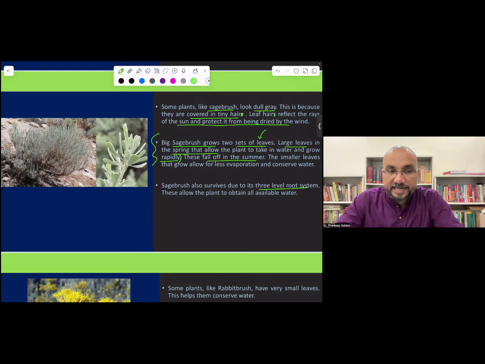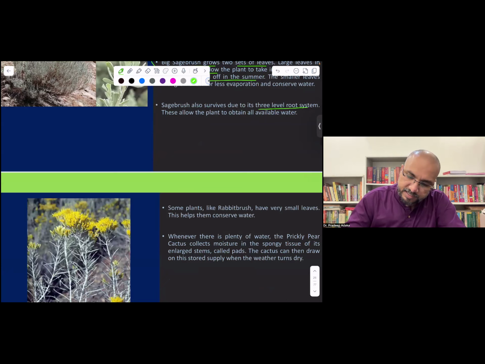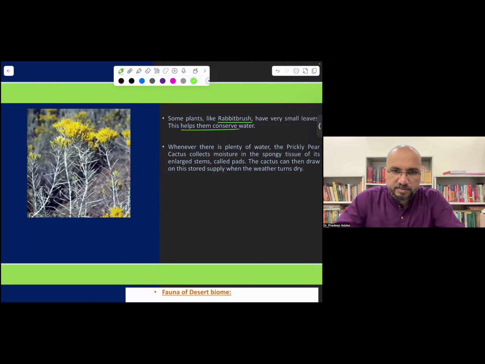That is one adaptation. Second, the size of the leaves. During the spring and during the summer, the leaves are different. When the moisture is not available, the size of the leaf will be smaller. Then the root system is also at different levels, so that water can be absorbed from different levels in the soil. So these are certain adaptations. Some plants like rabbit brush have small leaves to help conserve the moisture so that the transpiration rate is reduced. So when there is plenty of water, prickly pear, that is opuntia,